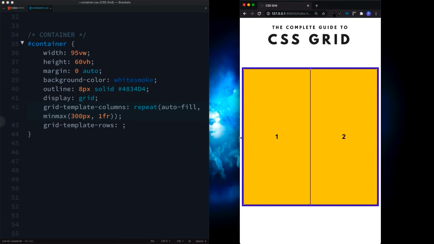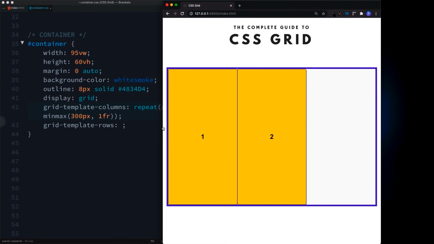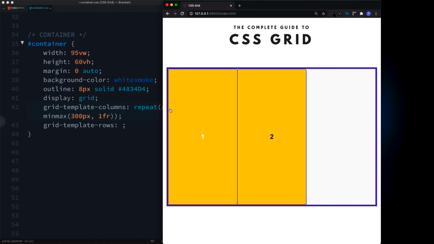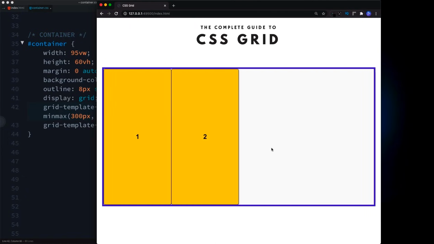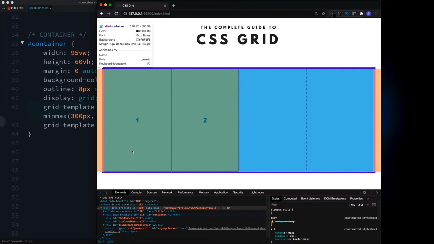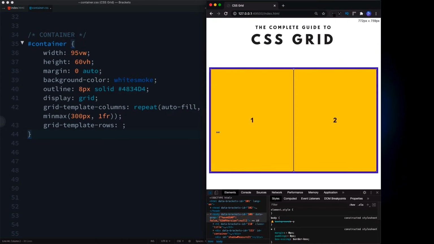Let's see what happens as we start expanding this container. At this point, we've now got a 300 pixel space inside the container, and so autofill fills our container with an extra column. If we keep growing, we can see now we've got 2 columns that are 300 pixels in width. If we right click and open up the DevTools, we can see this more clearly, and now you can see those 2 columns. So autofill will fill our container with columns of the width that we've specified, as long as it's got the spacing there. Let's set this back and see what autofit does.